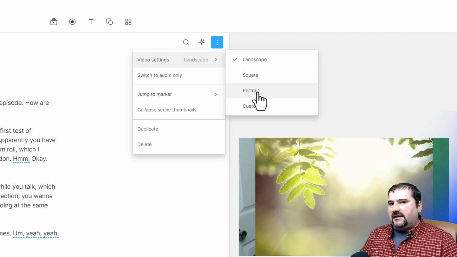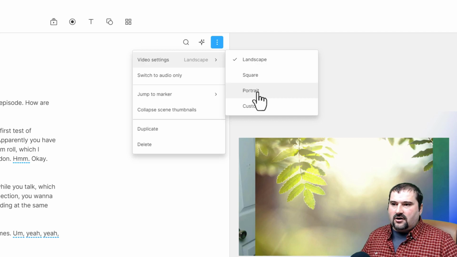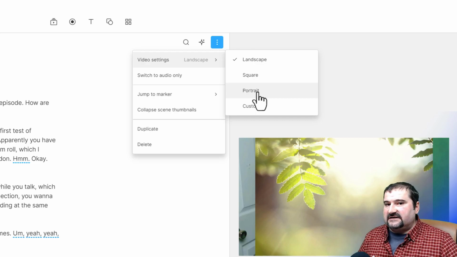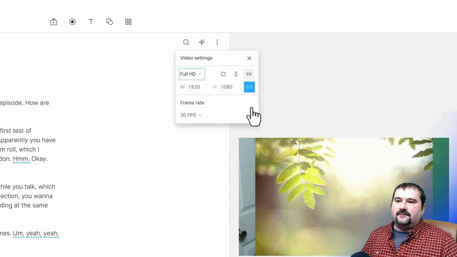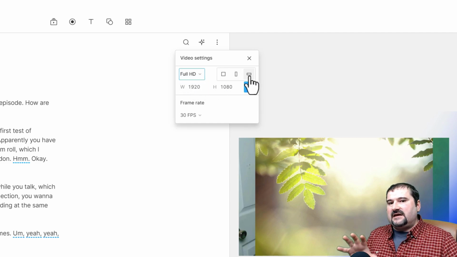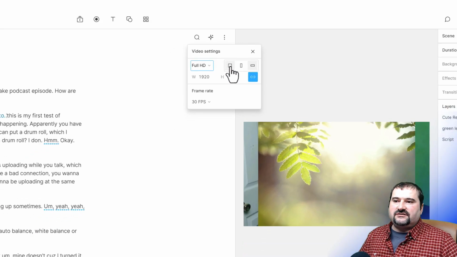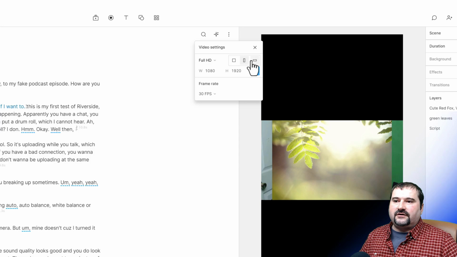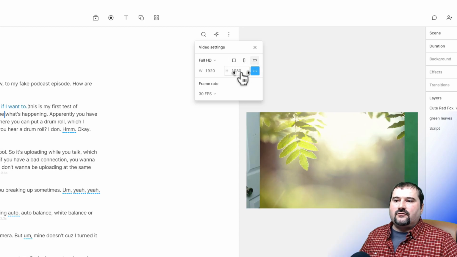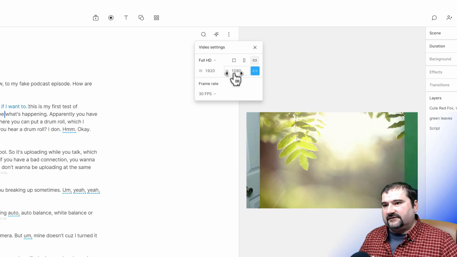It would appear like the pixel size, the resolution, has gone. It hasn't really gone. If you insist on setting those, you can go to custom, and there you have it, full HD. And that looks like the same dialogue that used to be in the beta version of Storyboard, where you could change from square to portrait to landscape, and also change the actual pixel size.